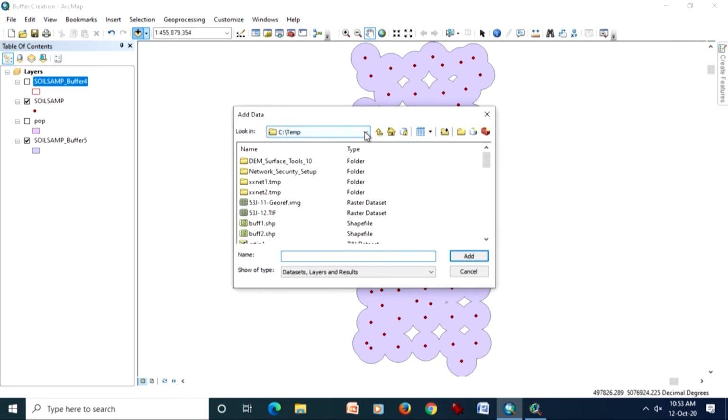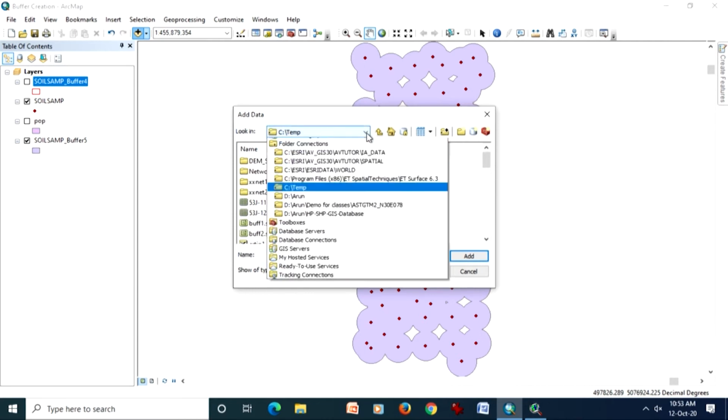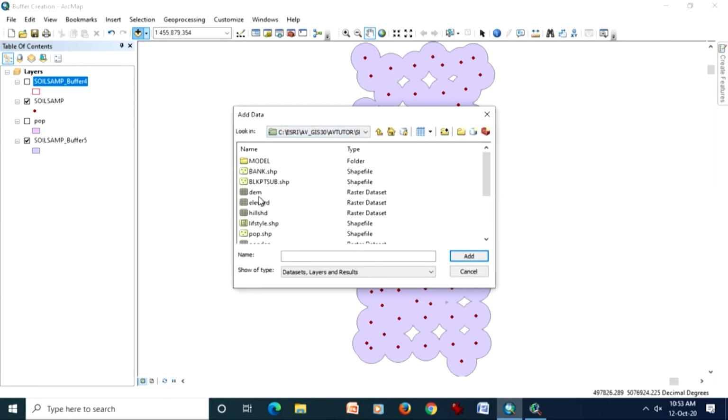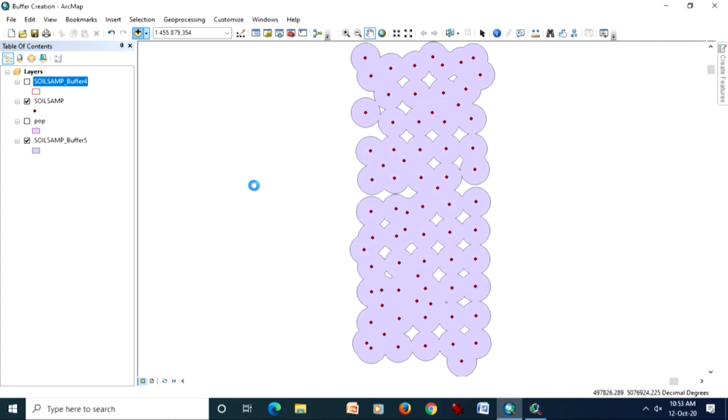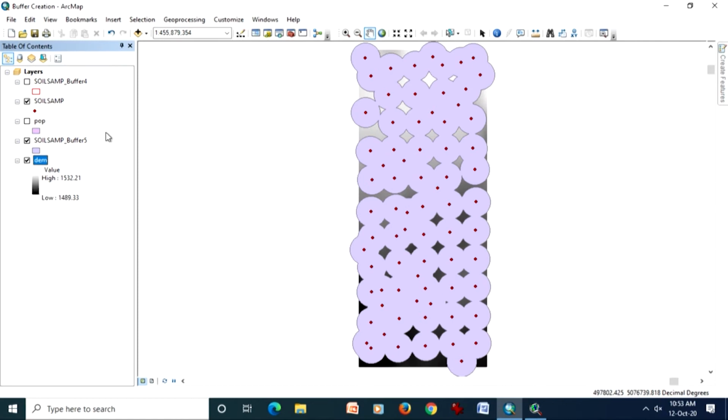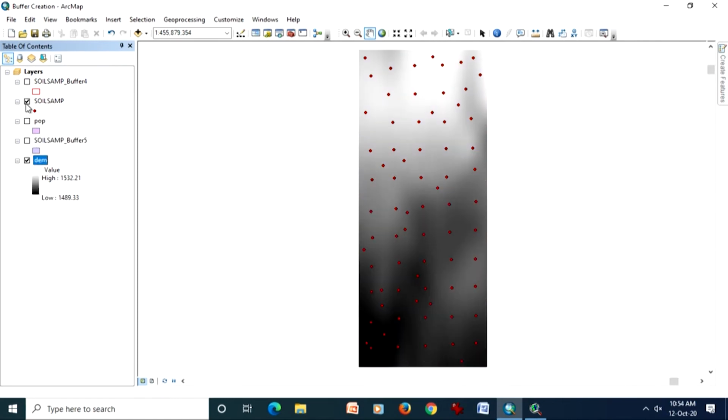So, what we are going to do here is add one file which is a raster file, and we will try to perform this classification. Here the classification is going to be on raster data. Similarly, you can also do it on vector data as well, there will not be any problem. Now, this file which I have added is a digital elevation model of the same area where we were handling the soil sample data.